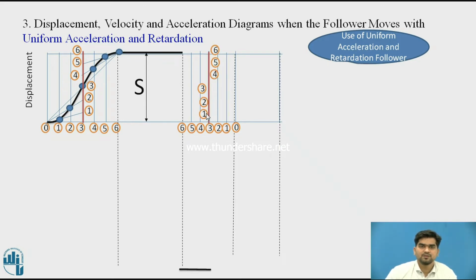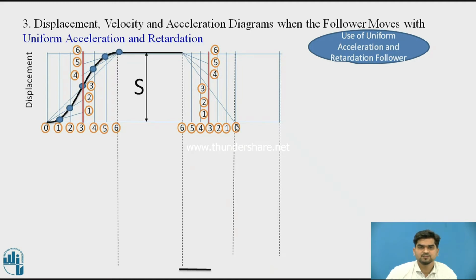Again we have to divide this middle point, that is the 3 points, into 6 parts. So we have divided it into 6 parts, that is the vertical lines. Again we have to draw the diagonal line like this. Then the next step, join these lines. Whatever division we have made on these vertical lines, we have to draw with this diagonal.